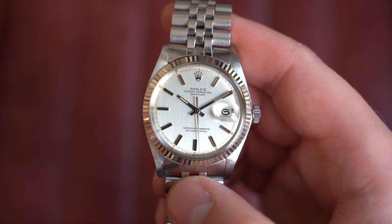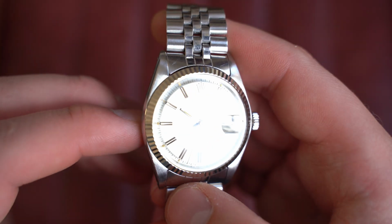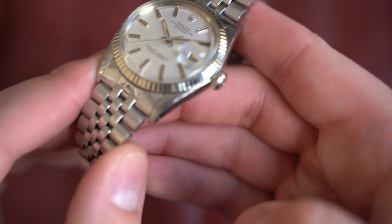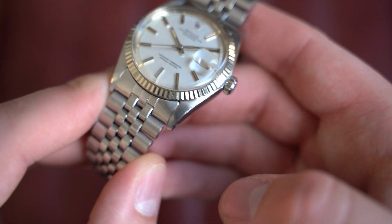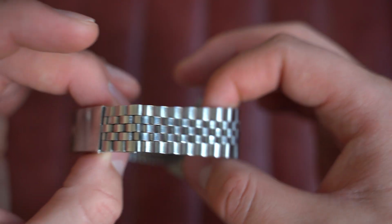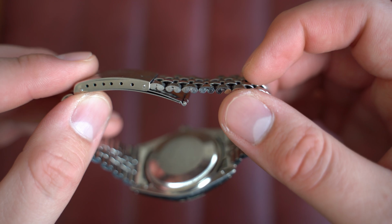The condition is immaculate on the dial and the hands. The tritium is aged beautifully. The fluted bezel is nice and strong, which is obviously 18 karat white gold, and the case is nice and strong too. It's definitely seen a polish wheel, but nothing major at all, and it still is nice and strong for a 1601. And it comes on a beautiful Rolex Jubilee, which is the folded link Jubilee as you'd expect